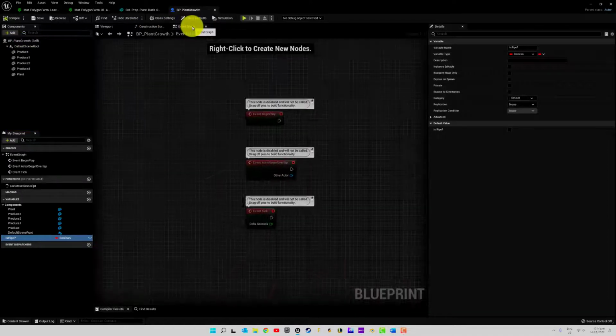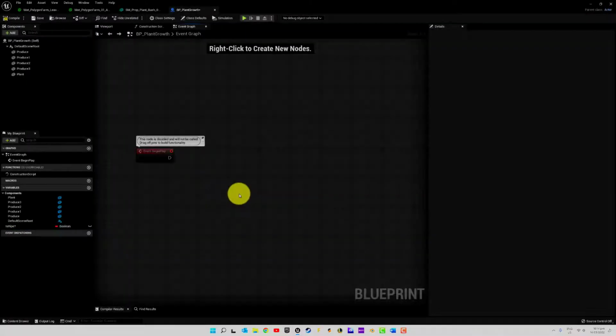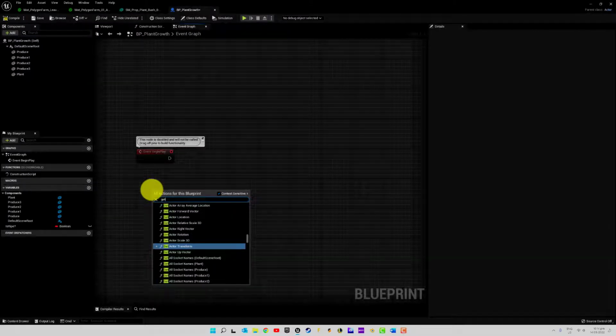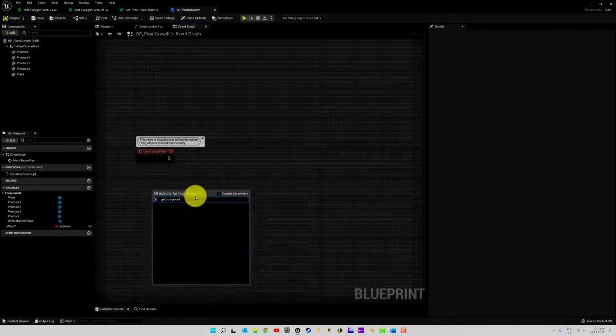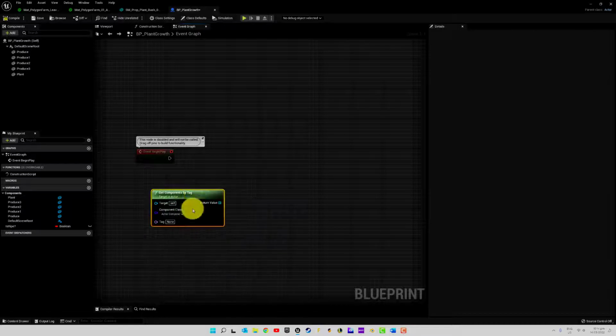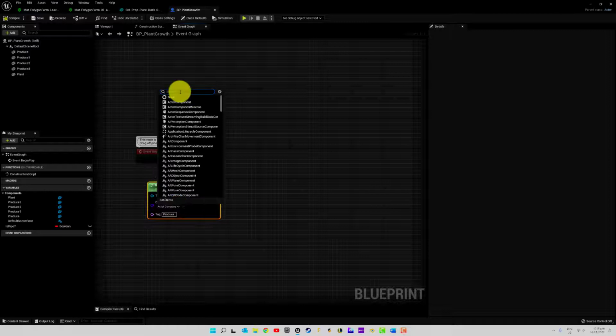Okay, so what do we want to do now? We're going to delete everything while the event plays. The first thing we want to do is set our produce list. We are going to do that by component and by tag. We just want the tag name produce, produce, and we need to select a